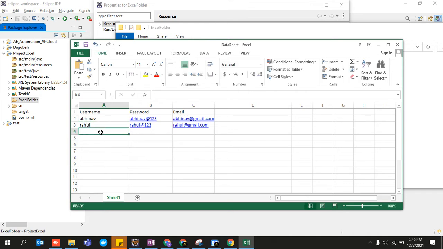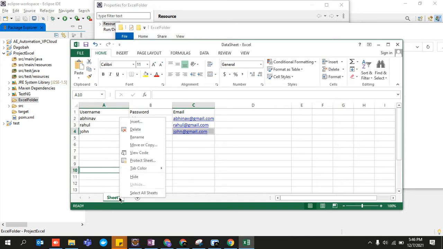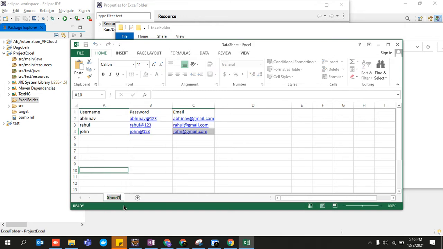And let's create another user, John, John@123, John@gmail.com. So this is the data contained by this Excel sheet, the workbook is datasheet, and the name of this particular sheet is user data. This is the data of these 3 users, their username, password, and email.